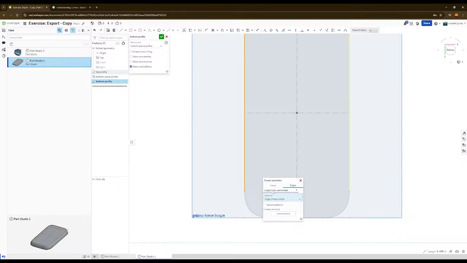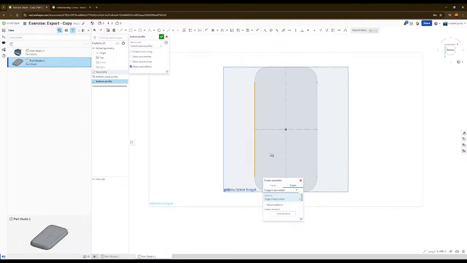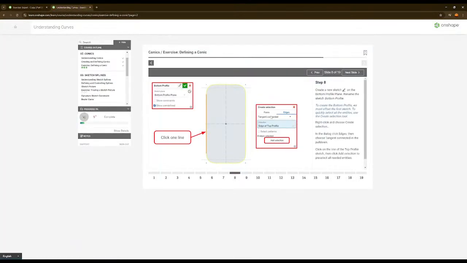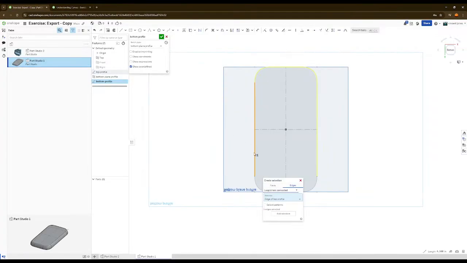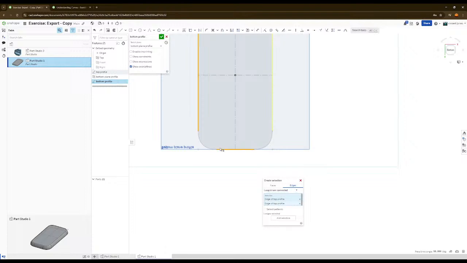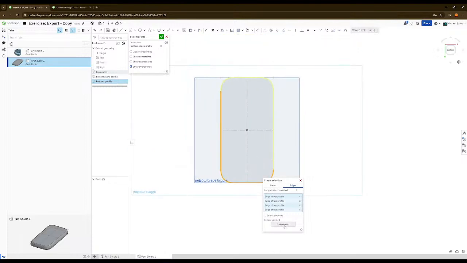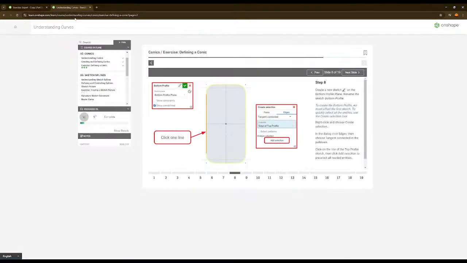Chain connected. Tangent connected? Nothing. Whatever.